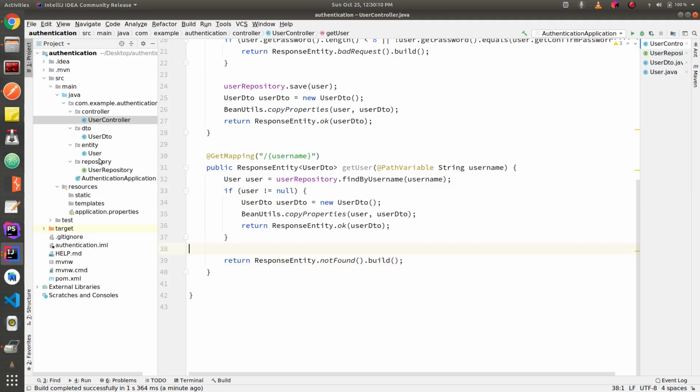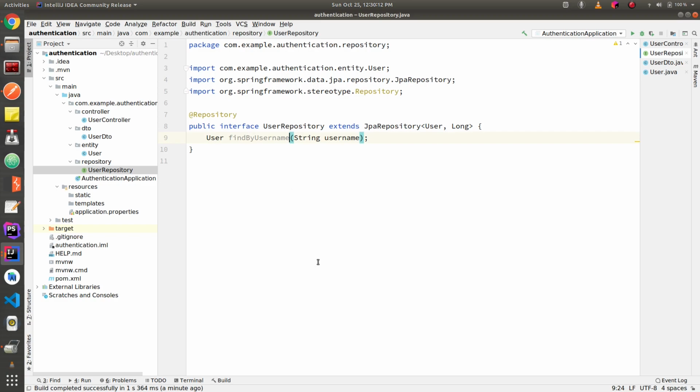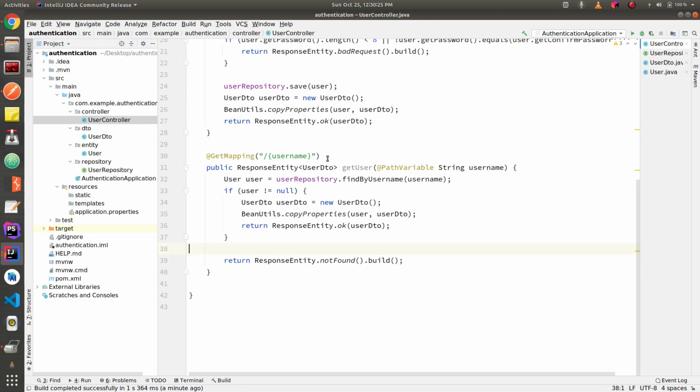So to fix this, we need to append IgnoreCase, containing ignore case, in the findByUsername method. So this will ignore case while looking for a particular username in the users table. We'll replace here also.